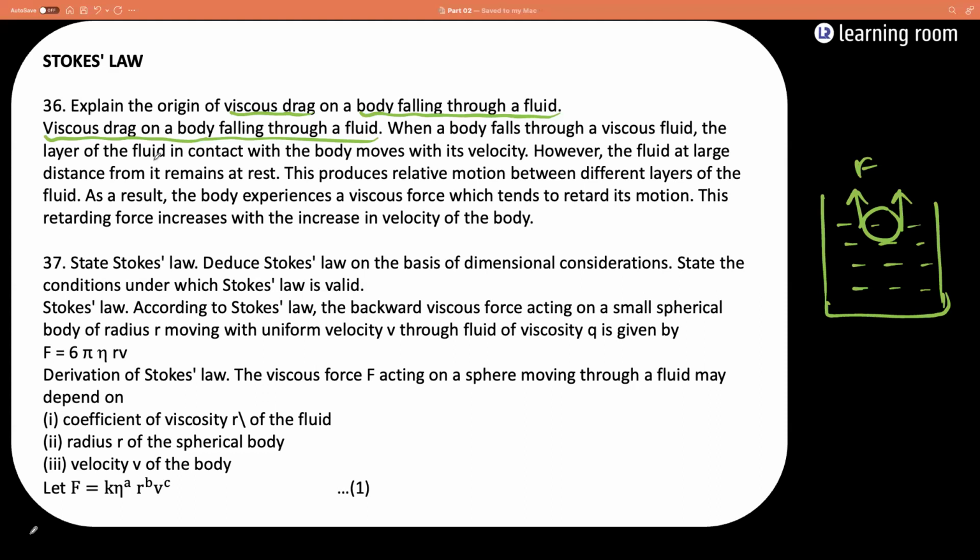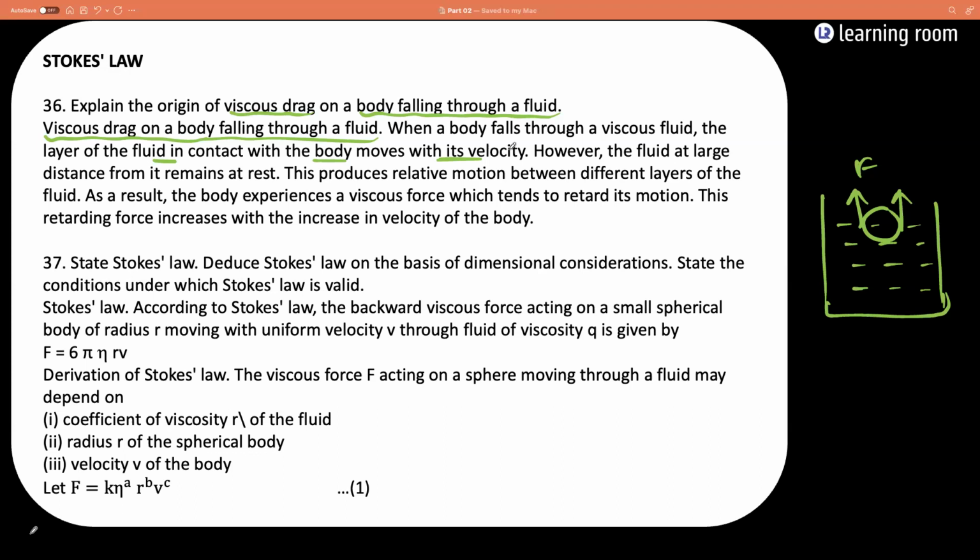The layer of the fluid in contact with the body moves with its velocity. So when the object is moving in the downward direction, if suppose you take it as a ball, the liquid layer which is in contact with this curved surface is also going to move down along with the solid with the same speed as it has,